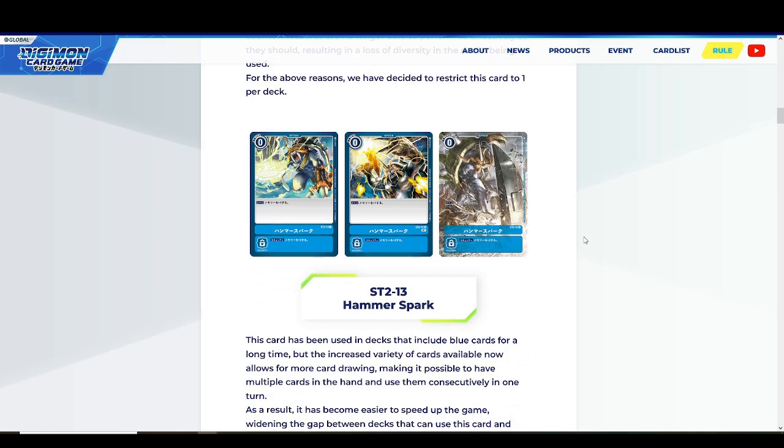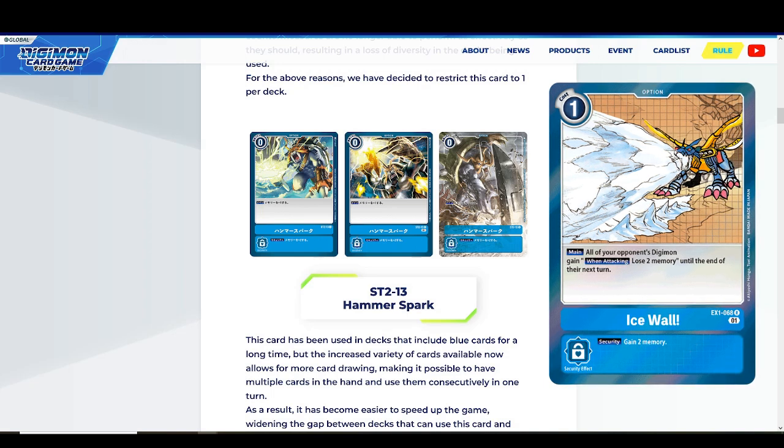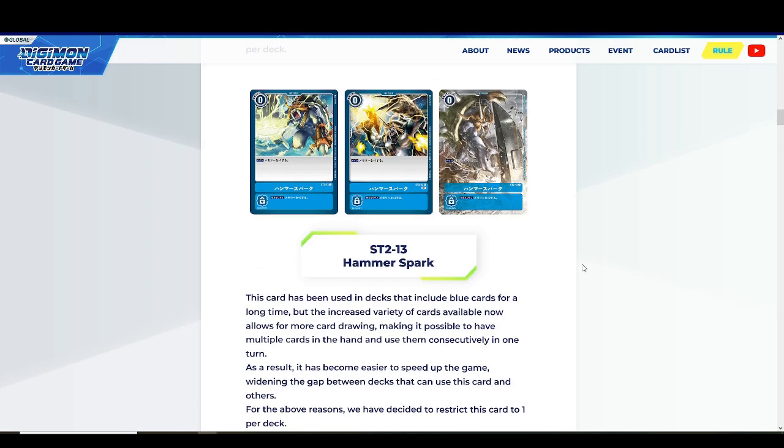The other one was a surprise. I never thought that they would hit Hammer Spark, because it can hit the game. If it's in security, it gives you 2 memory, just like Ice Wall. It impacts the game at the same time in security, but when you play it, it gives you one plus memory. The reasoning is that this card has been included in blue decks, and it's true, you can include it in blue decks for a long time, but right now with blue hybrid being as faceted as it is, maybe they saw that it's better to just restrict the card that's giving memory for free